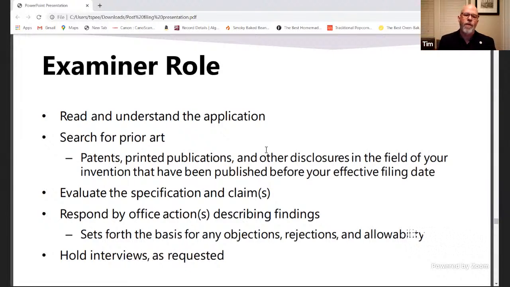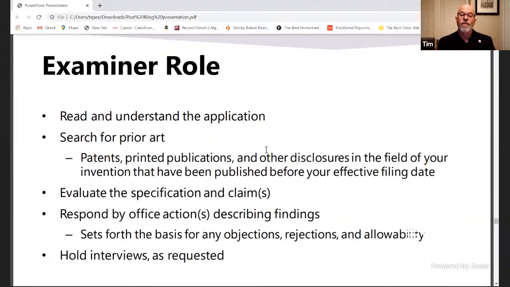We then do an independent prior art search of patents, printed publications, and any other disclosures. These days, there's a lot of information available. When I started at the office in '92, we searched by hand. You looked through printed copies of the patents, and that's pretty much the way we searched. That has certainly changed a lot. The search is dependent partly on the effective filing date, which goes back to why a provisional application can be important, because it can give us an earlier effective filing date for our claims. And that can affect the prior art that's going to be available against us during this examination process.